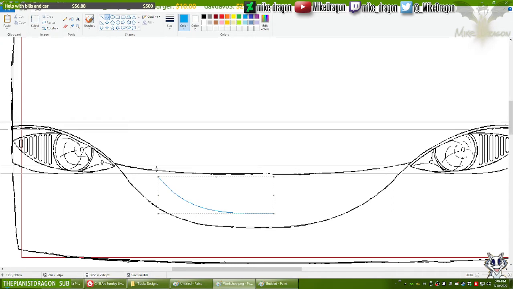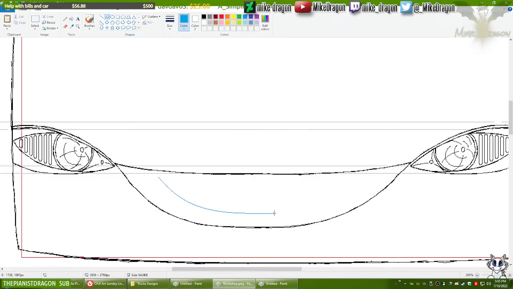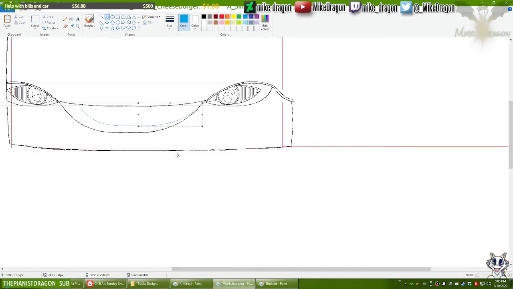This has to, of course, consider the perspective at which this truck is being looked at.